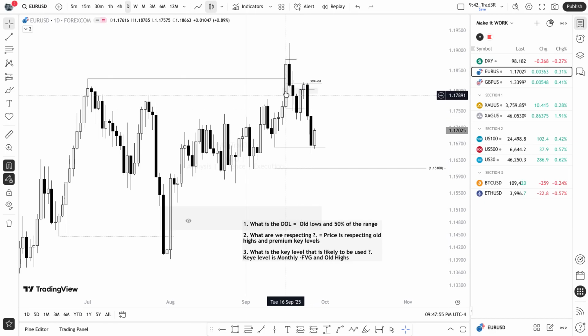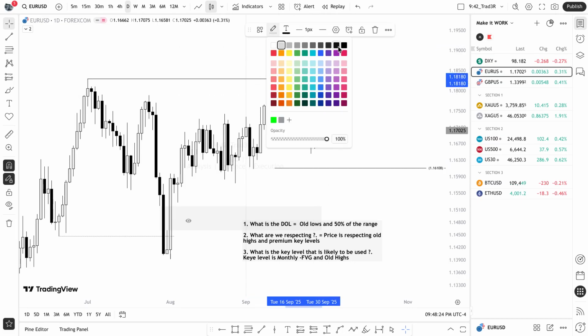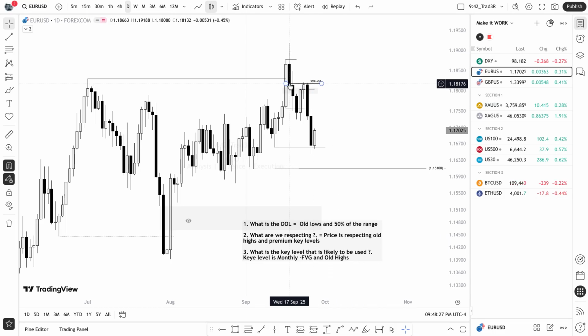So since it's a very big range that is representing the order block, and we didn't close, like we didn't dump aggressively below it, we can make reference to the 50% of the range as the sensitive points where price will respect, and the rejection block, which is here. So the key level on this particular time frame was the 50% of the order block, and also you can see here we have a balanced price